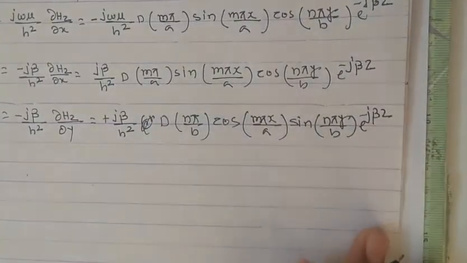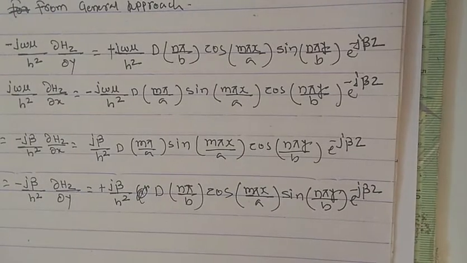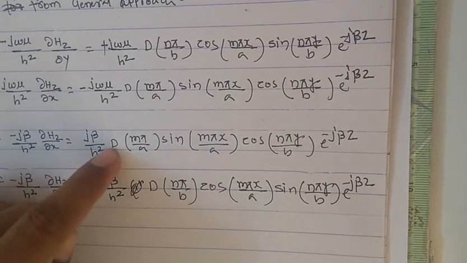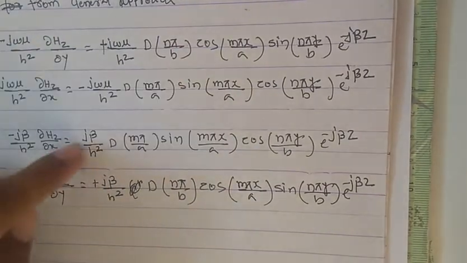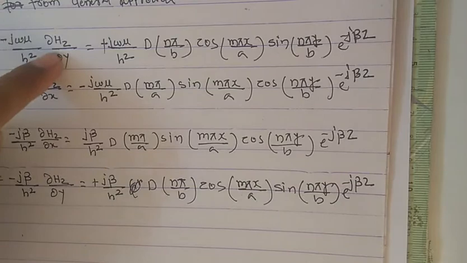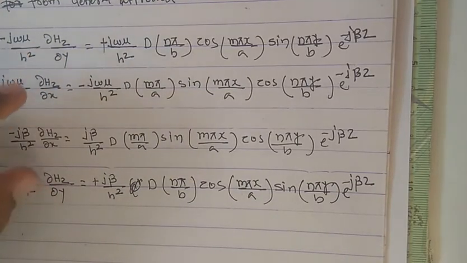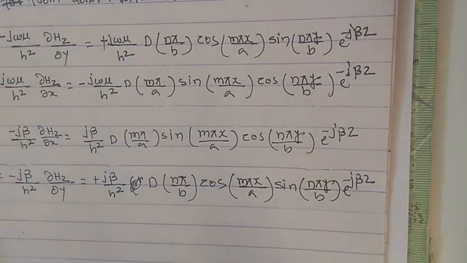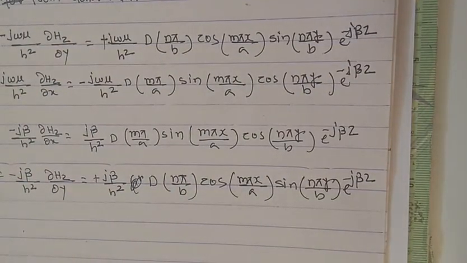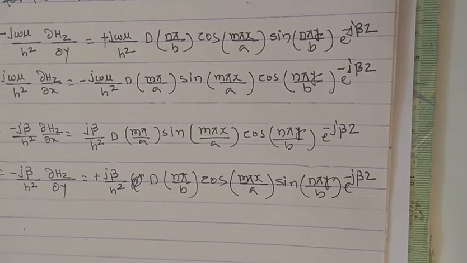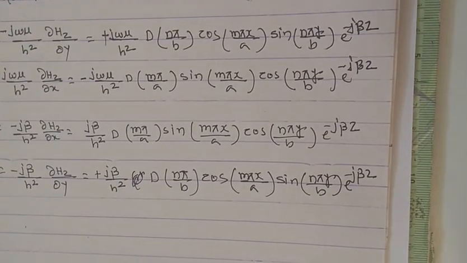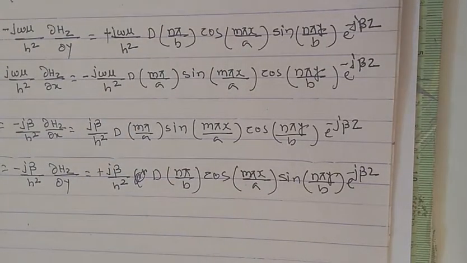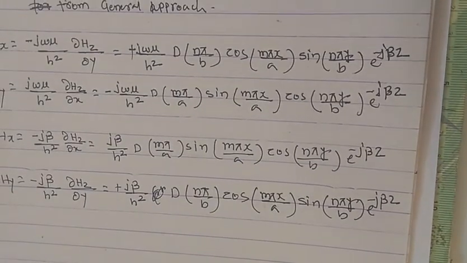So if you see them together, this equation and this will be same, and this will be same, only the constants will be different because you have y derivative for the first and fourth one and x derivative for the second and third one. So this will be very easy once you could write the first set of equations. Later on that will be very easy to remember, and there is no scope of mistake for writing all these four field equations. So this is what we have obtained for TE mode analysis.